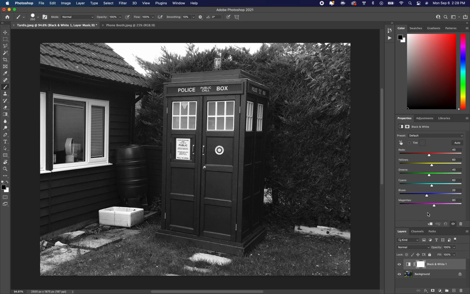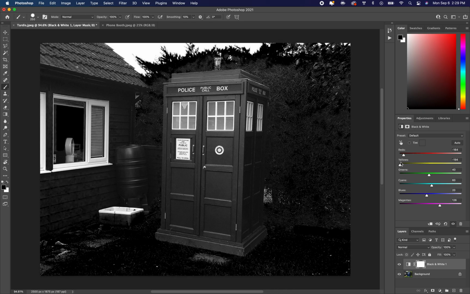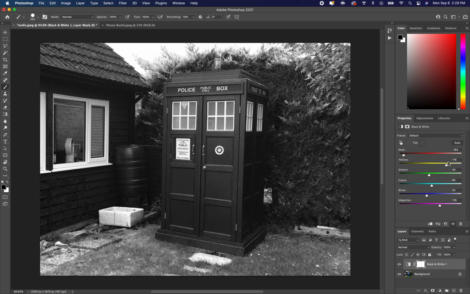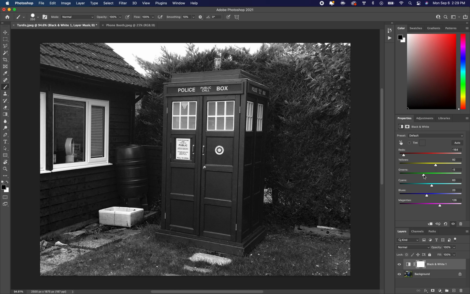I can modify these sliders if I want a little bit of a different contrast, a little bit of tone to it. See, it takes the reds, I can bring the reds up or down. Same with the yellows. Whatever looks okay for you. Okay. So once you have all of that done,